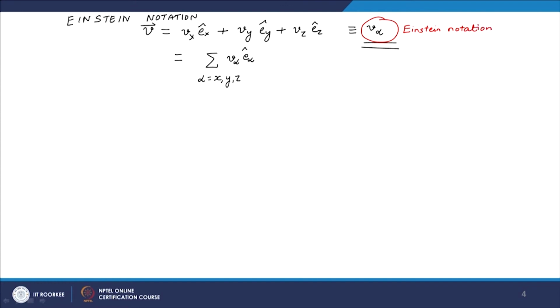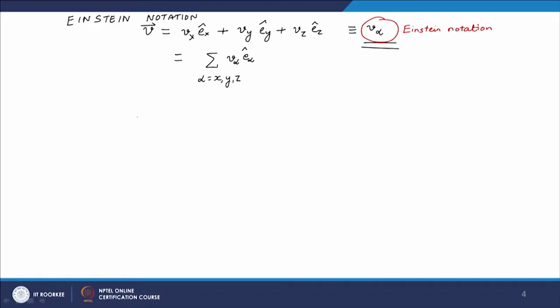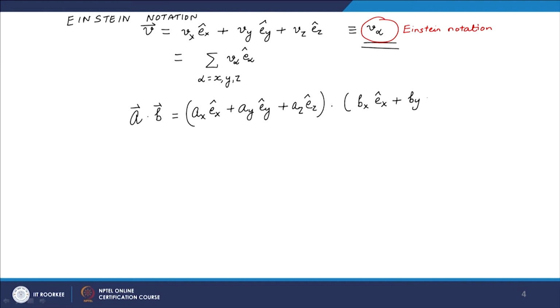So, alpha, you note here, is what is referred to as a free index. If the alpha is repeated, it is called a dummy index, and I will tell you how that happens. Let us say, for example, I want to do A dot B. I can do it in complete vector notation, where I decompose the A into 3 terms, and I will dot it with the B decomposed in 3 terms,